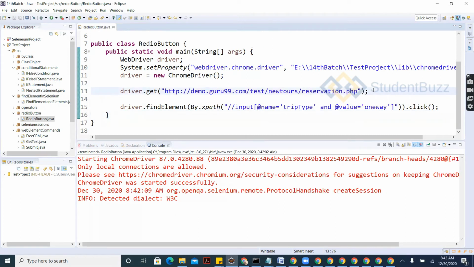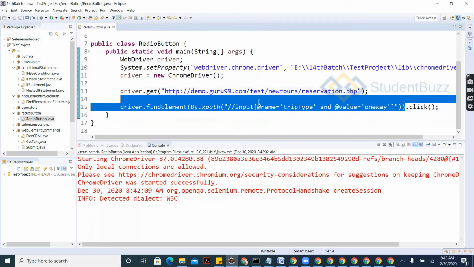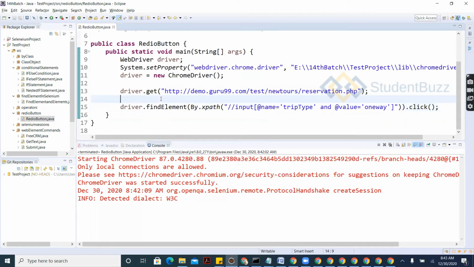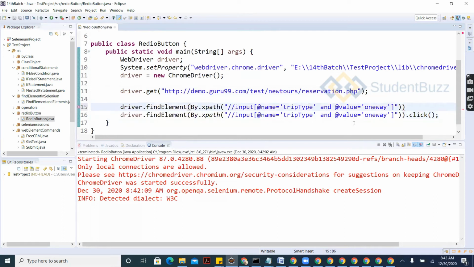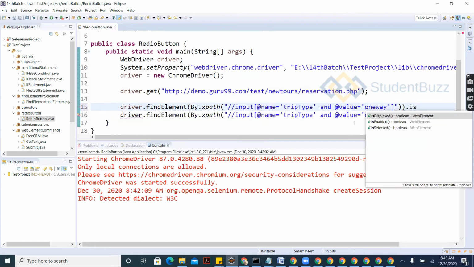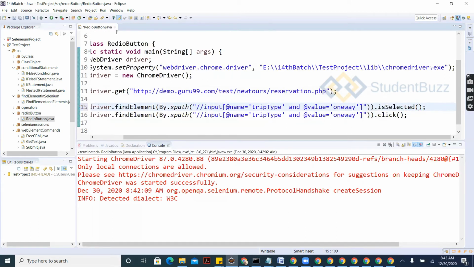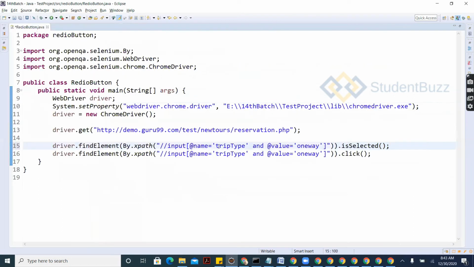We have a method to check whether it is selected or not. Dot isSelected. isSelected is going to return a Boolean value. If it is selected, it returns true.